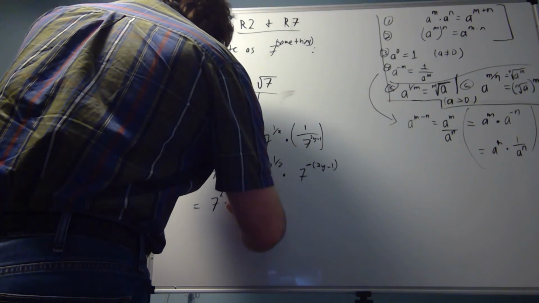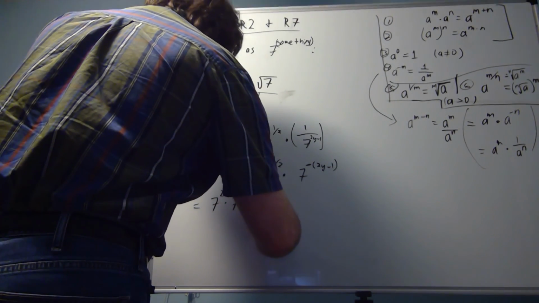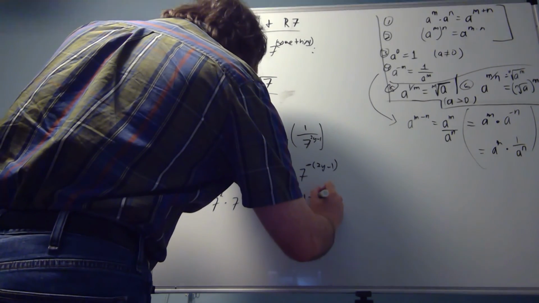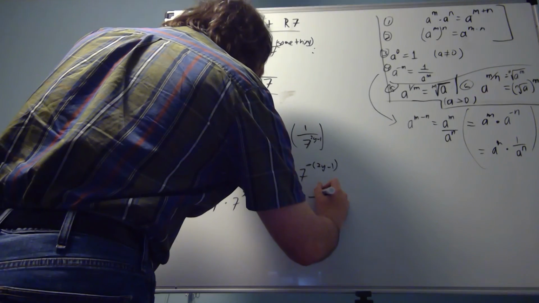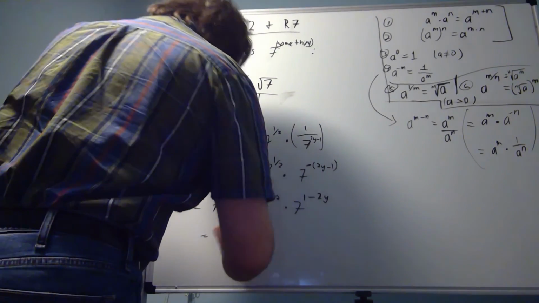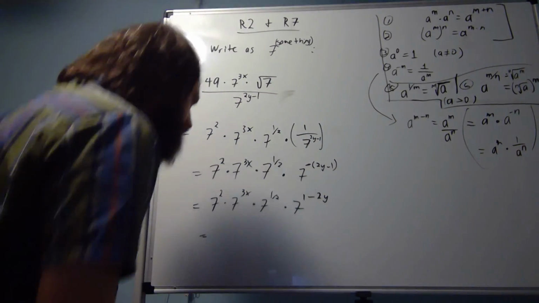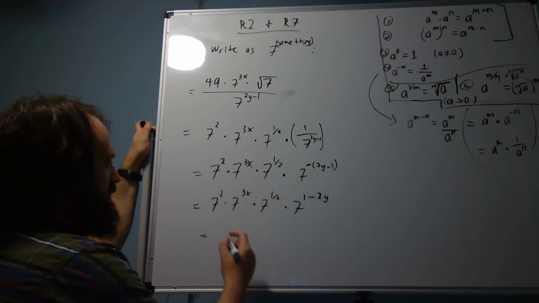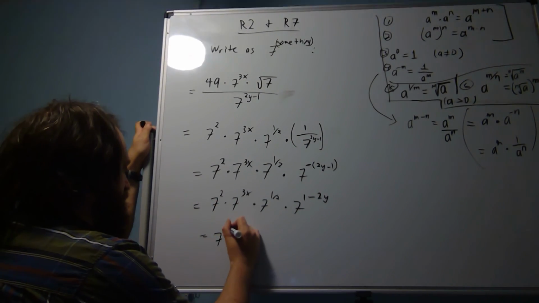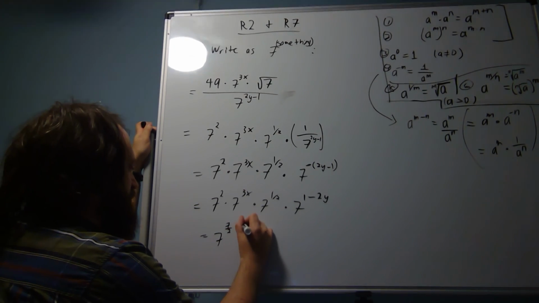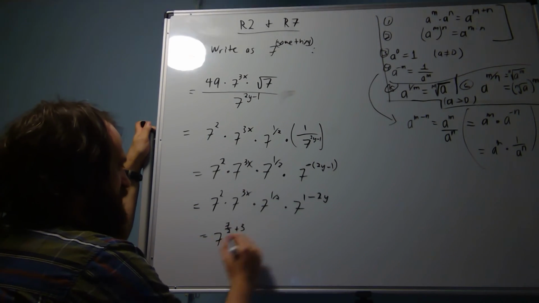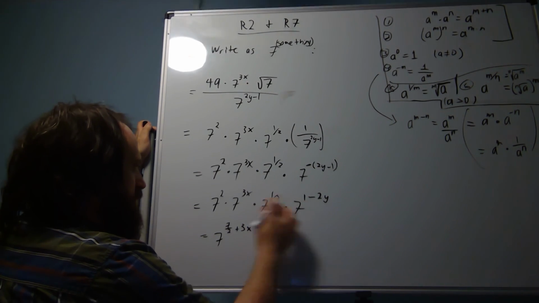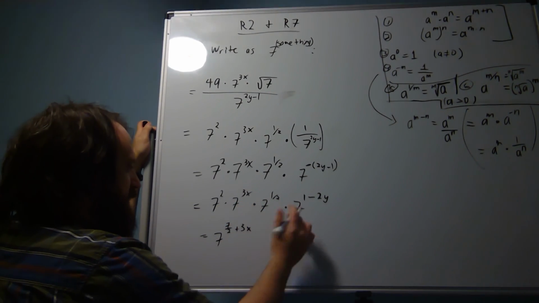So 7 squared, 7 to the 3x, 7 to the 1/2. So positive 1, but then minus 2y. So 3.5, like I said, would be 7/2. So 3.5 copies multiplied out. So I did all of these. There's the 3x, and then